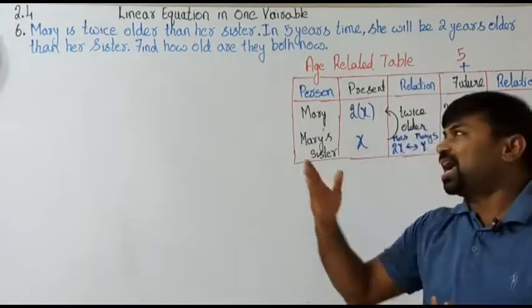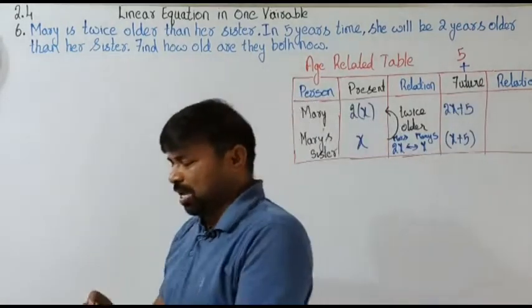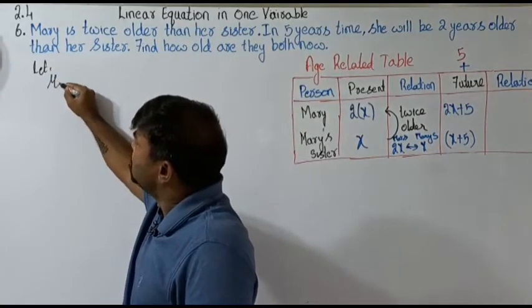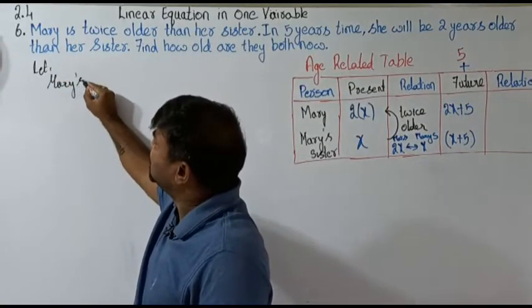You have to remember, these are present ages and these are ages after 5 years. Okay, let us go according to the steps now. Let Mary's sister's age